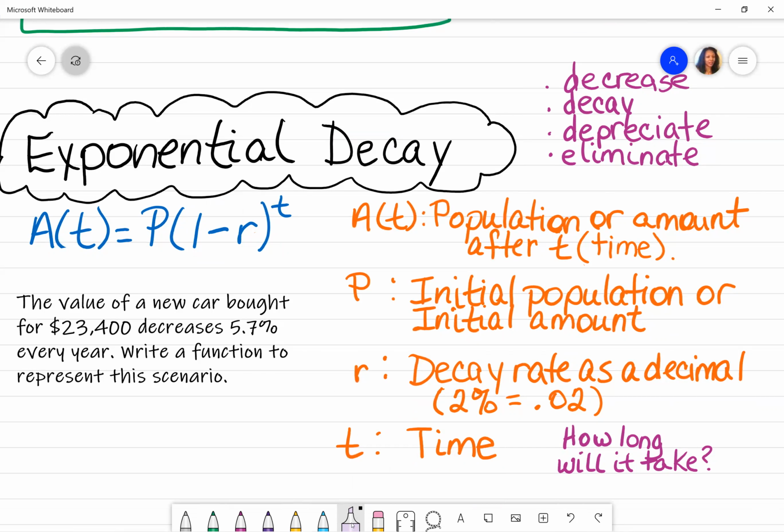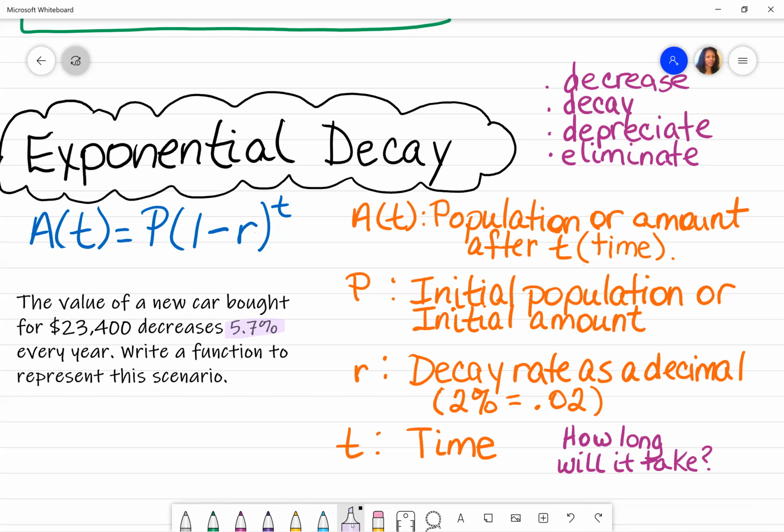Everything else is the same over here, except for, like I said, the rate is no longer saying growth rate, it's saying decay. So pay attention to that, and you are still going to change your percent, if they give you a percentage, to a decimal. So let's work on this one. The scenario says the value of a new car bought for 23,400 decreases. So that tells me I'm going to use decay because I am subtracting or I'm going down. So it decreases